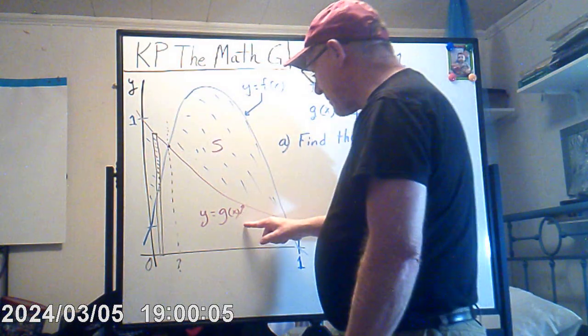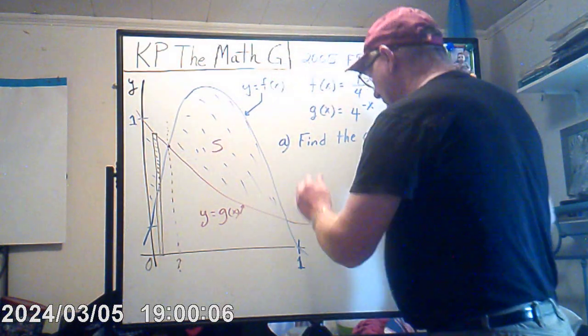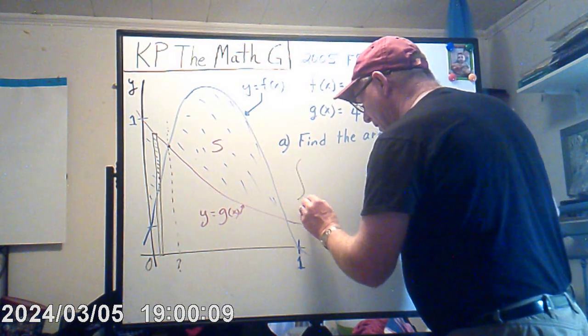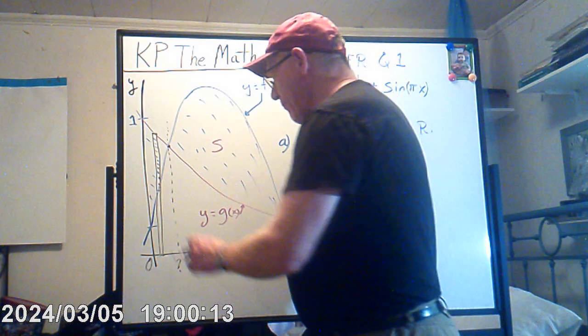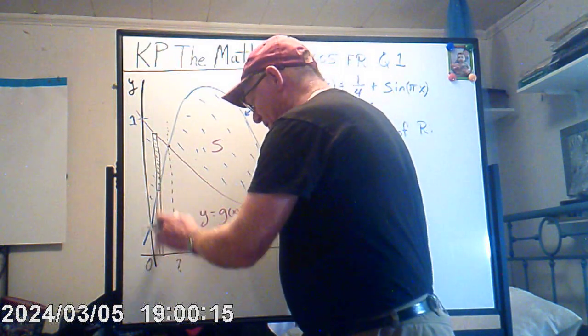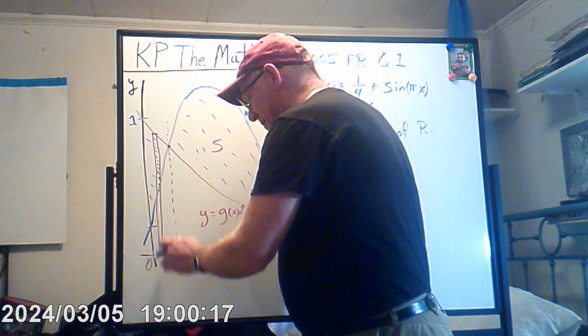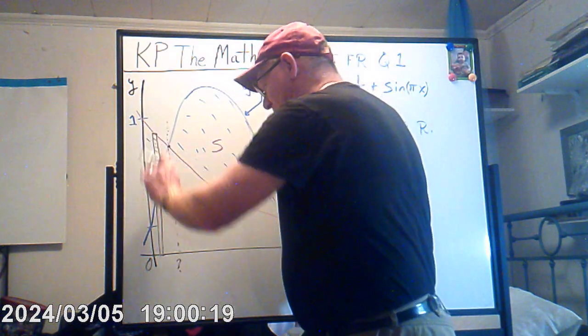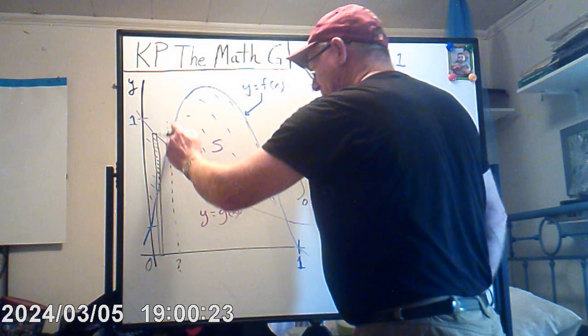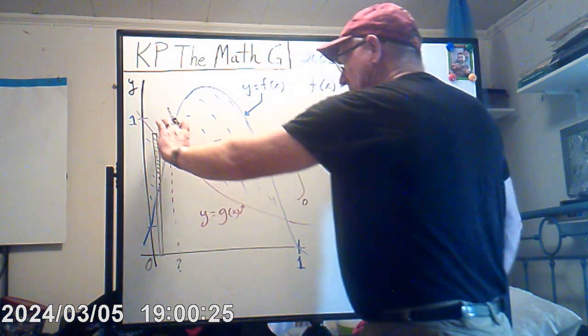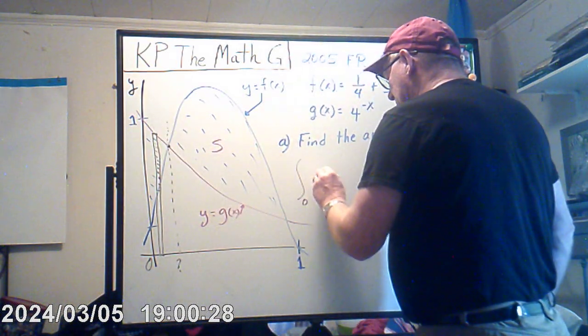That's g at x right there. We're integrating here from 0 to something, and then we subtract off this whole region because we only want this part right here. It's always going to be the higher one minus the lower one. In this case, it's going to be g at x